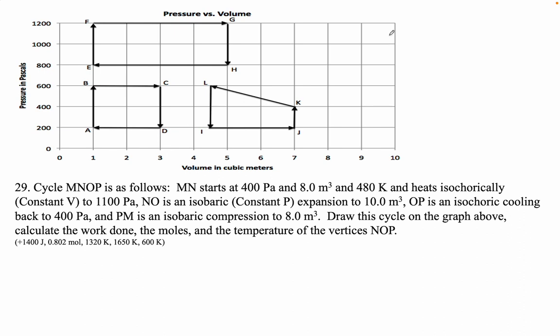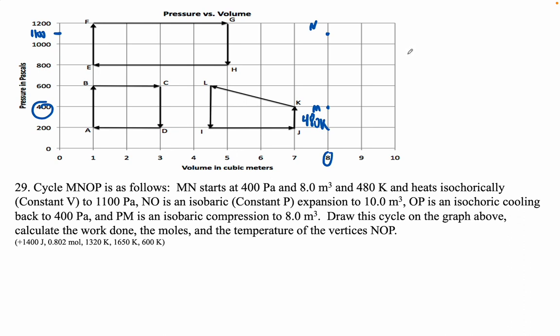So MNOP. M starts at 400 pascals and 8 cubic meters. So where's that? That's here. Okay, so 8 and 400, right? And it heats to 480 kelvins. Okay, heats isochorically at a constant volume. So it's going to stay at this volume, right? To 1100 pascals, which is like here. Okay, so it's going to go up to here. Okay, so this is M, N,